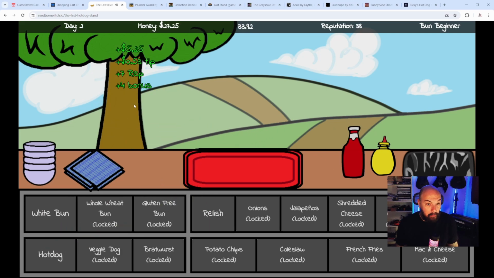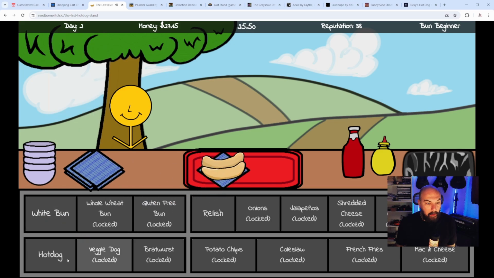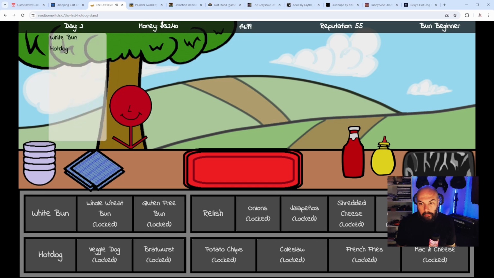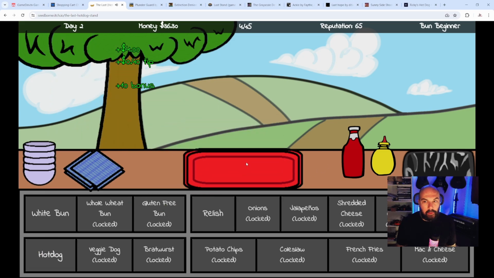This is really good. This is well done. A lot of options. I like this a lot. Okay, relish and ketchup again. And I can see as you progress, it could definitely get very hard. Alright, we'll just try a few more. But yeah, good job on this. This is really cool, actually. I forgot what...